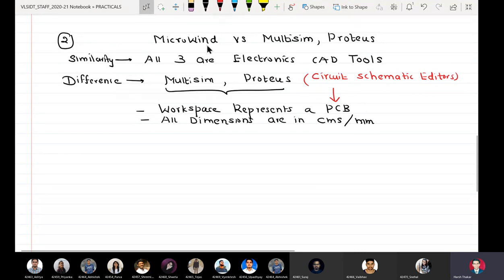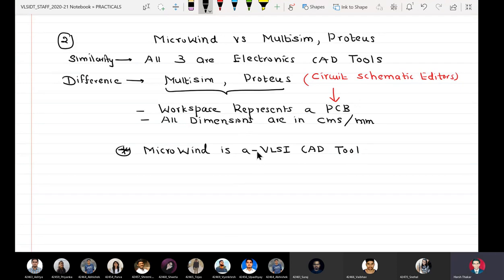On the other hand, Microwind is a VLSI CAD tool. It is a VLSI CAD tool. It is a backend tool, and it is specifically called a layout editor.